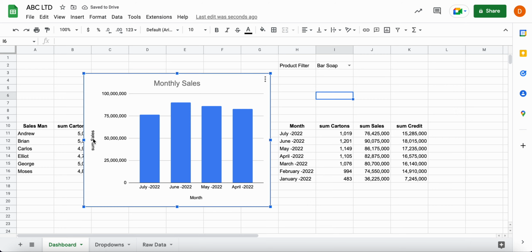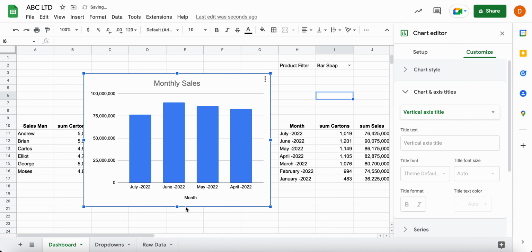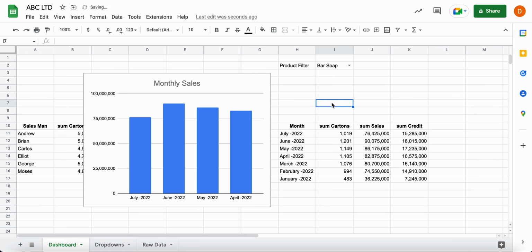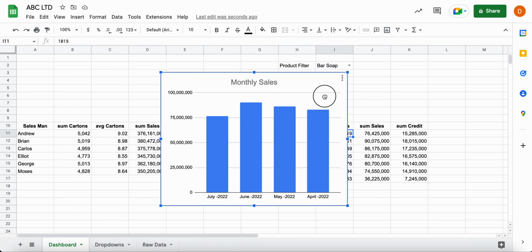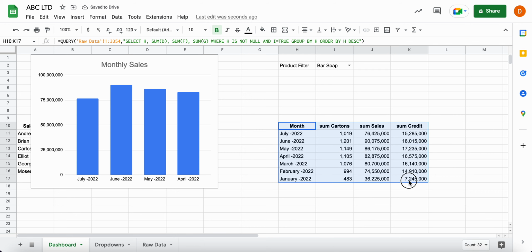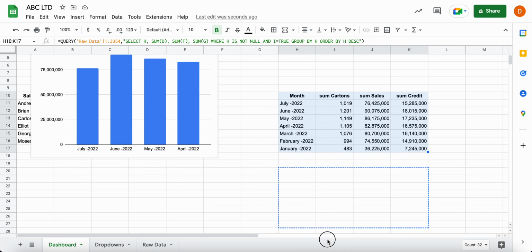So I'm going to delete that because it's taking up space. So here we have our monthly sales. So the other thing that I can do now, I can adjust this data down below,